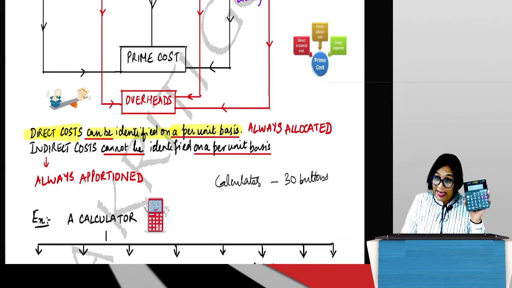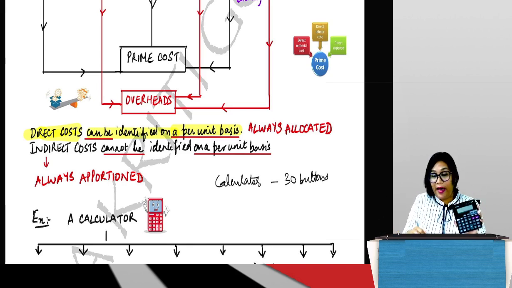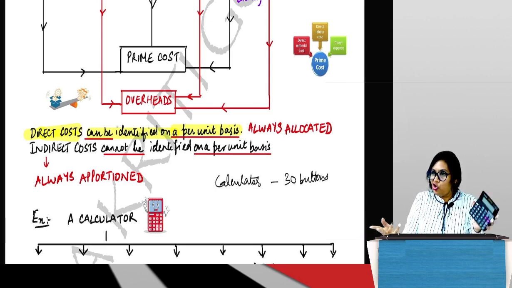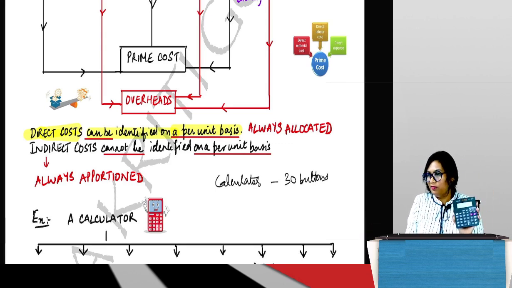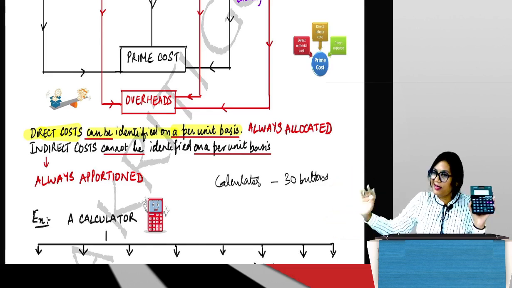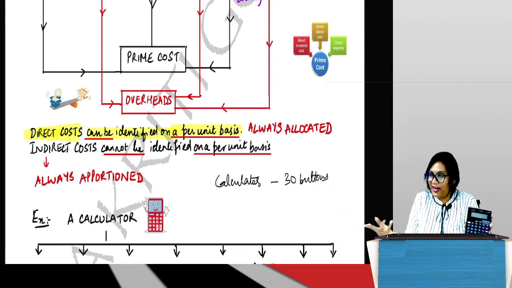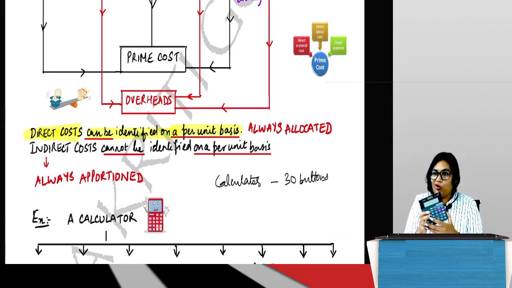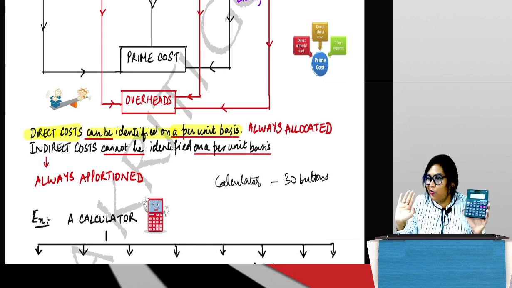No. But in the next month also, if I tell you I am manufacturing 5,000 calculators and each calculator has 30 buttons, which you know, can you not calculate the cost and tell me immediately? You know that these buttons are associated with this one unit. If I have 60 buttons, then it has to be for 2 calculators. Can't you tell me that? Very easy, right? So when I say direct costs are those costs which can be identified on a per unit basis, what I am trying to tell is, when I look at this one unit, I know exactly what that direct cost is going to be. So you know that the cost of these buttons and the cost of this display is direct cost.